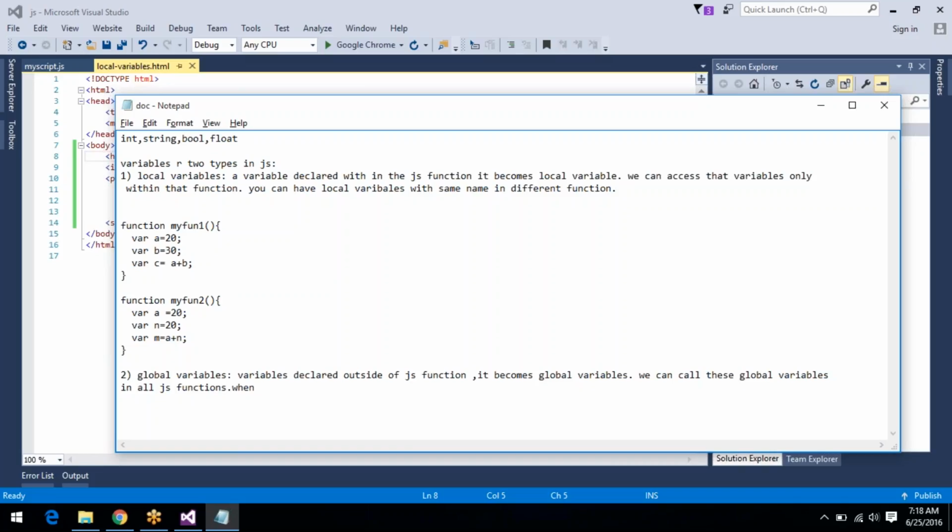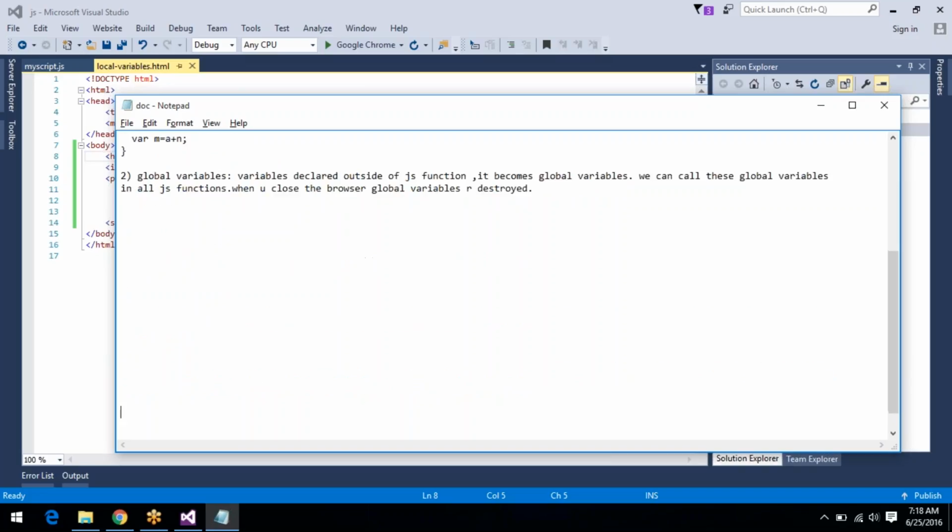So when you close the browser, global variables are destroyed. Okay, so global variables are destroyed. So the syntax for global variables: